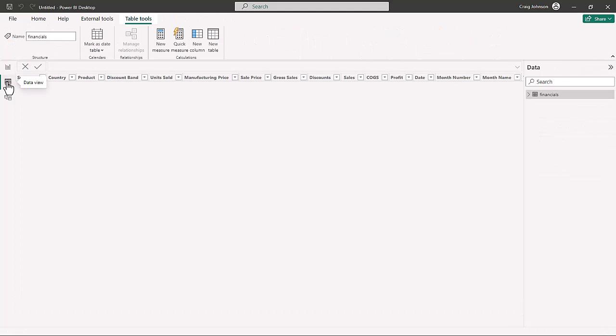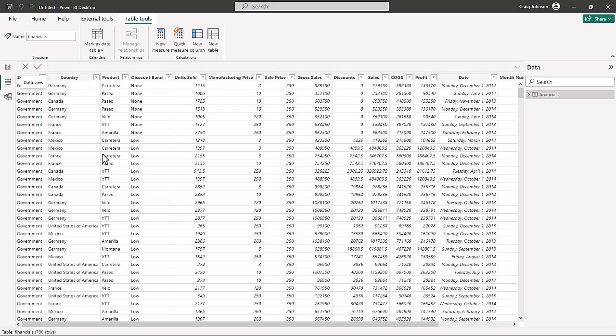just one table. Now, if we want to add a date table, there's many different ways you can do that. We did a video on how to make a date table with Power Query, and you can also make a date table with DAX using the calendar or auto calendar function. And those ways are good if you're making specific tables that you want to add columns or maybe adjust a few columns. But if you just want a quick date table, the quickest way that I have found is the